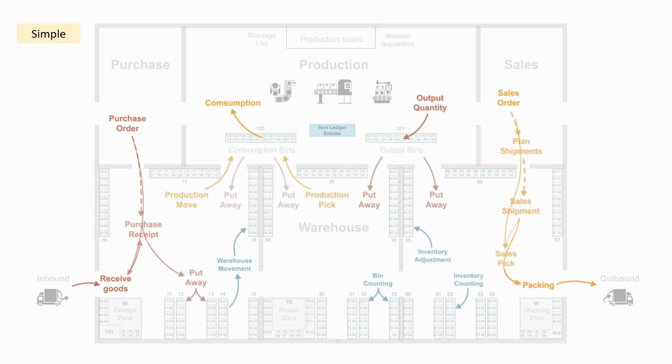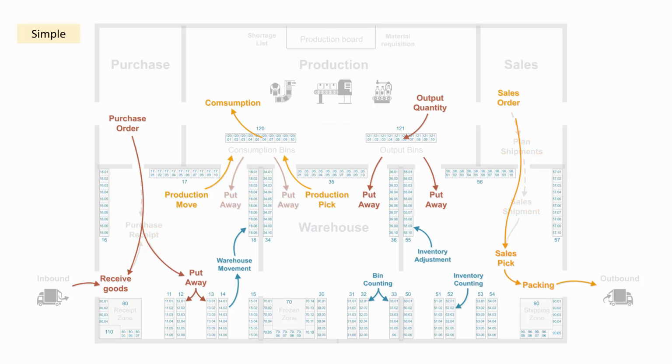Next scenario on a location could be a scenario like this, with no purchase receipt and no sales shipment, but with all the bin functionality. And we have a put away on the inbound side. In Business Central, in this scenario, it will be called an inventory put away because we have no purchase receipt. So we use an inventory put away directly, and we use the bins. But we put away directly on the inventory put away made from the purchase order.